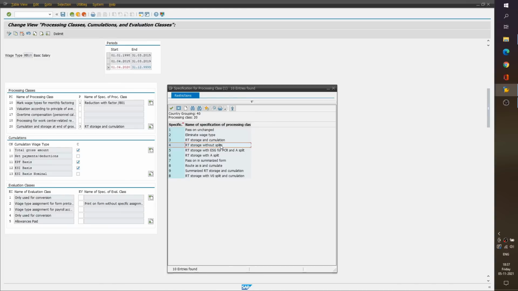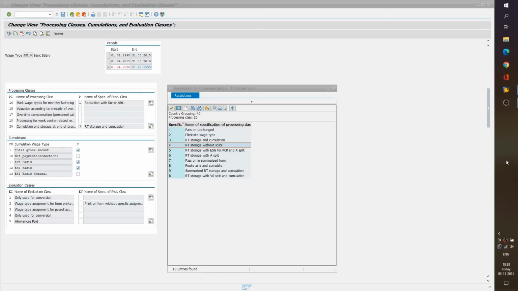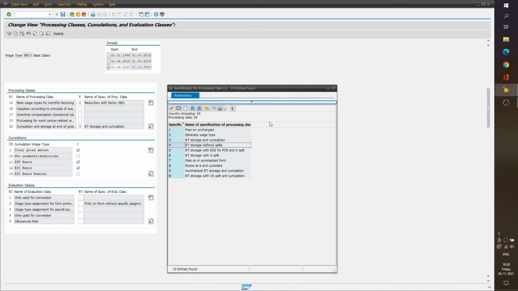Only when an option which has cumulation is selected for a particular wage type will the basis or the cumulations have any effect. So all these checkboxes will have an effect on the calculation of these cumulation wage types.